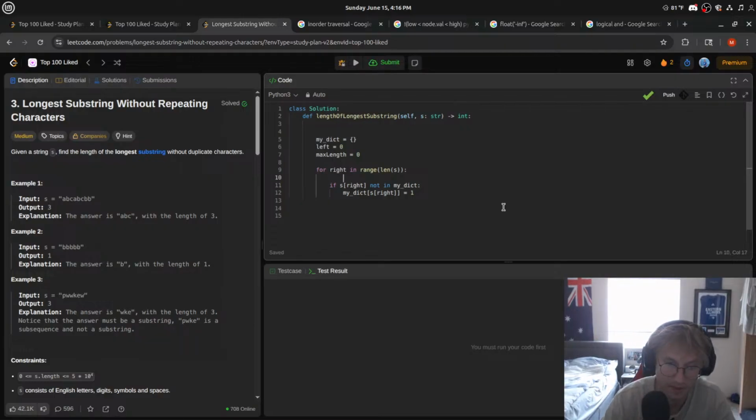Okay, hang on. I think I have an idea here. So we go over here and we do the underscore dictionary. This is where we check that it's not in there, right? If it is in there, if S right,